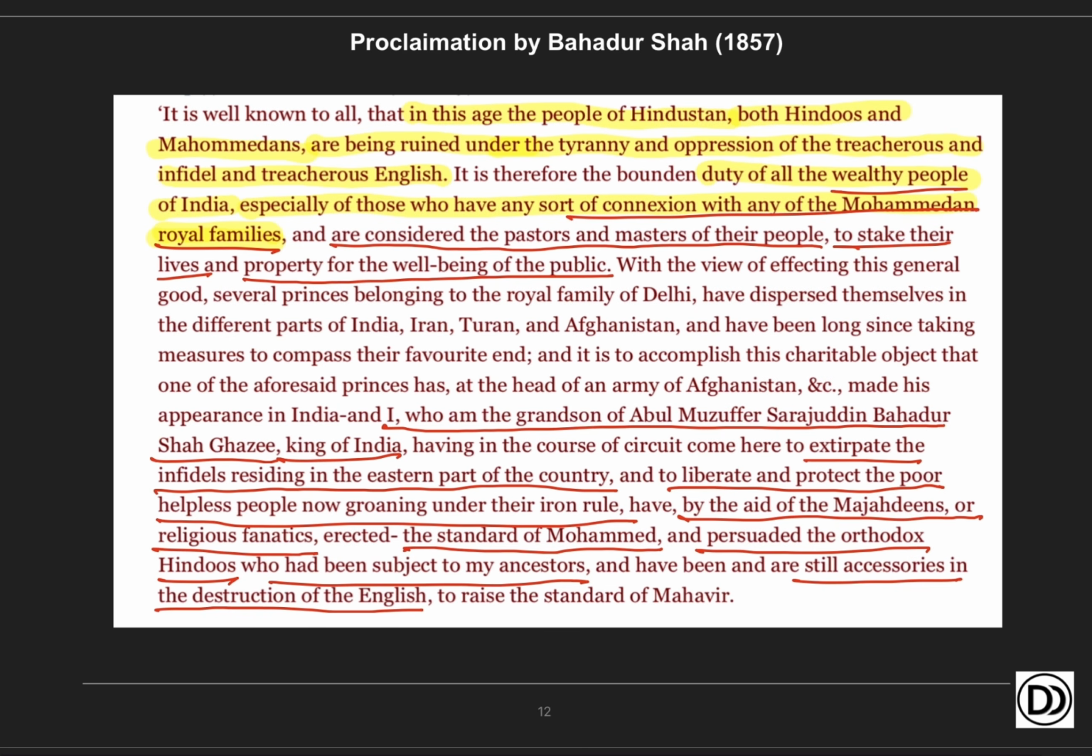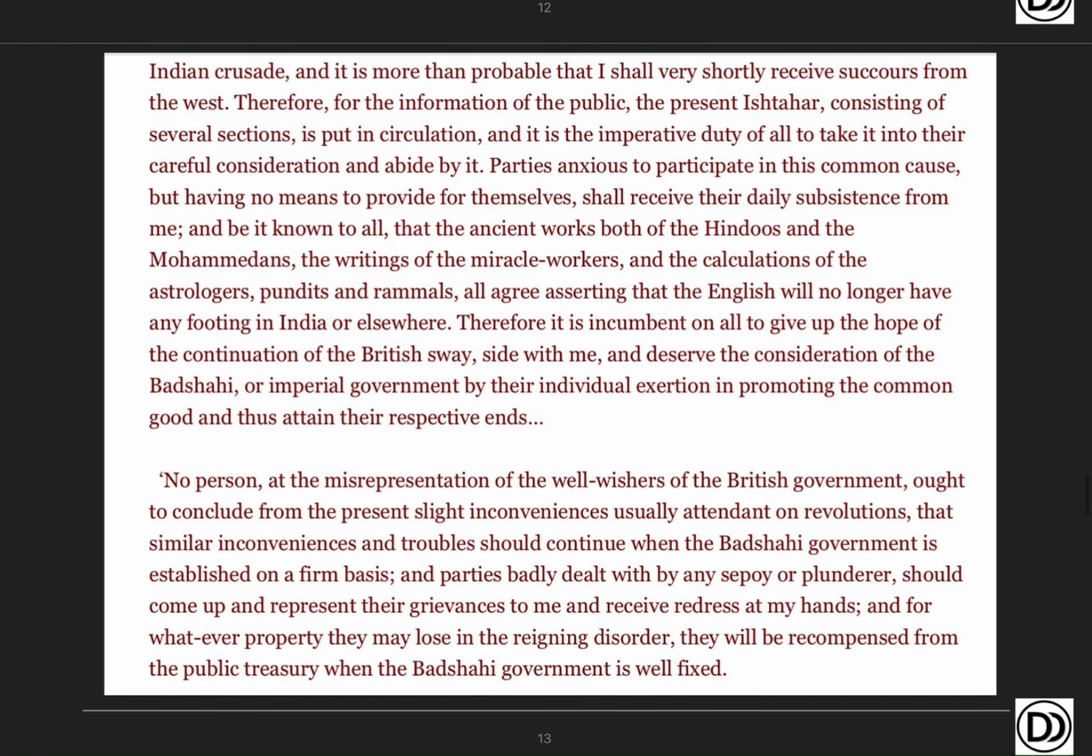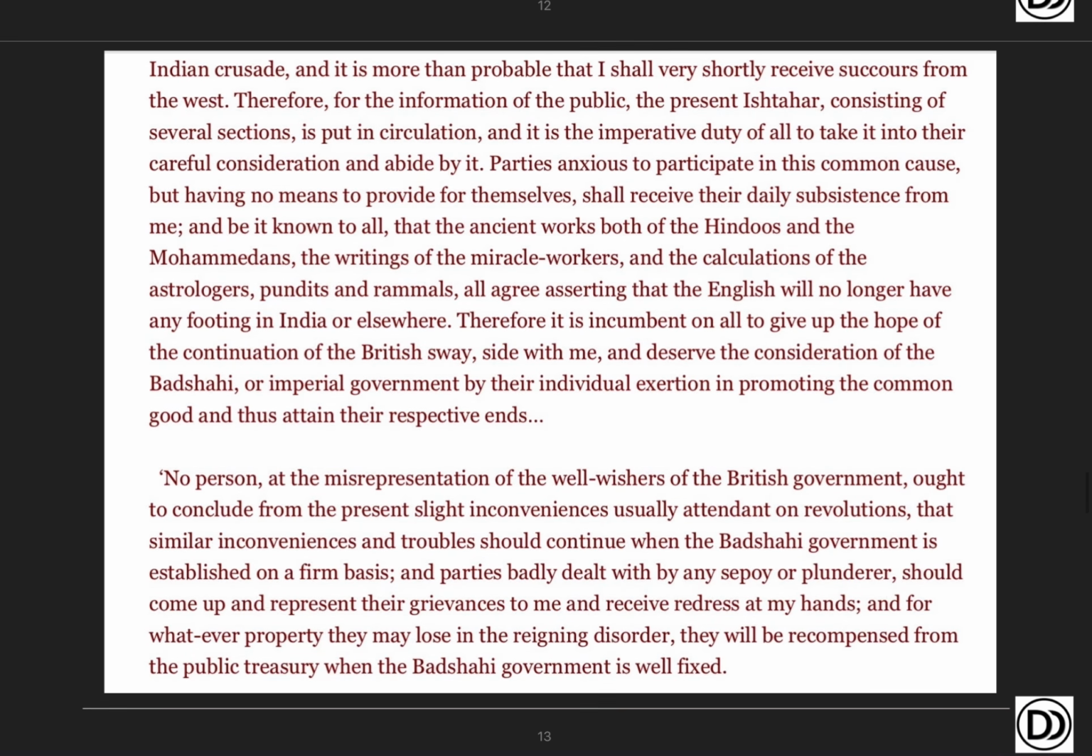They are still a part to fight the war against the British. They want the Hindus to follow the standard of Mahavir, to follow the path of Mahavir and help this revolt to succeed and throw the British out of this country. Bahadur Shah Zafar is using religion and its tenets to convince the masses, which proves the importance of religion in